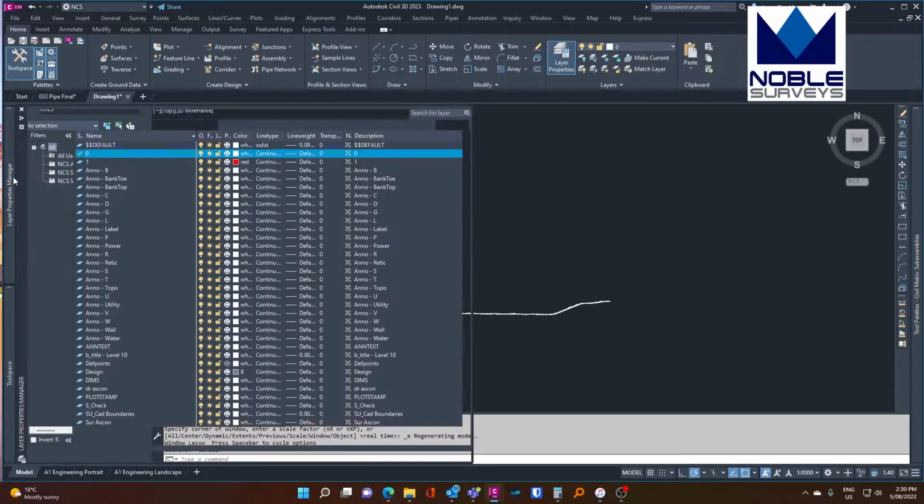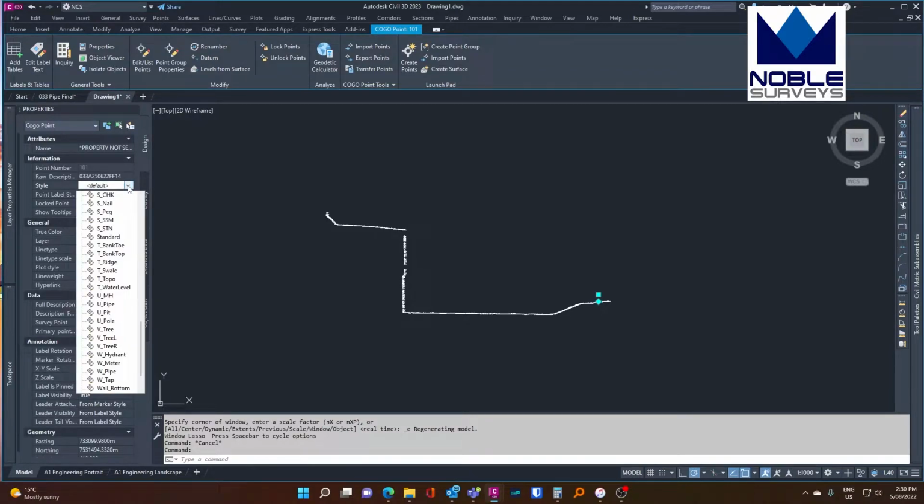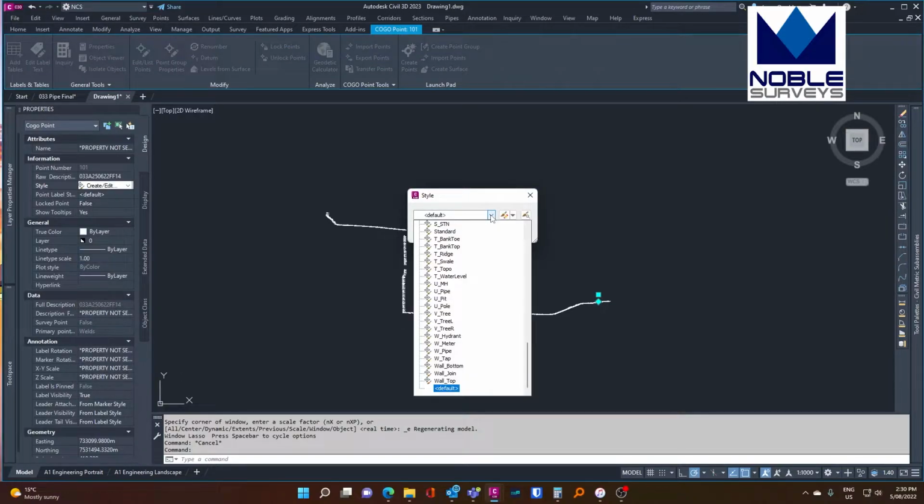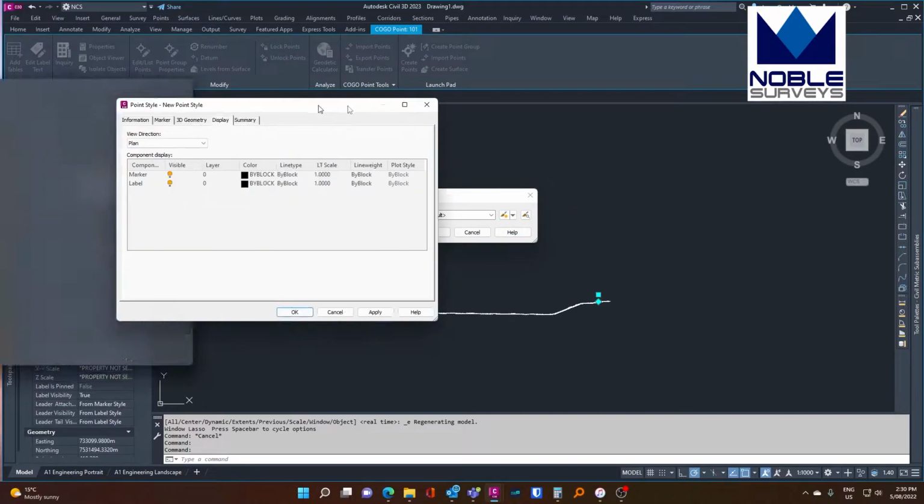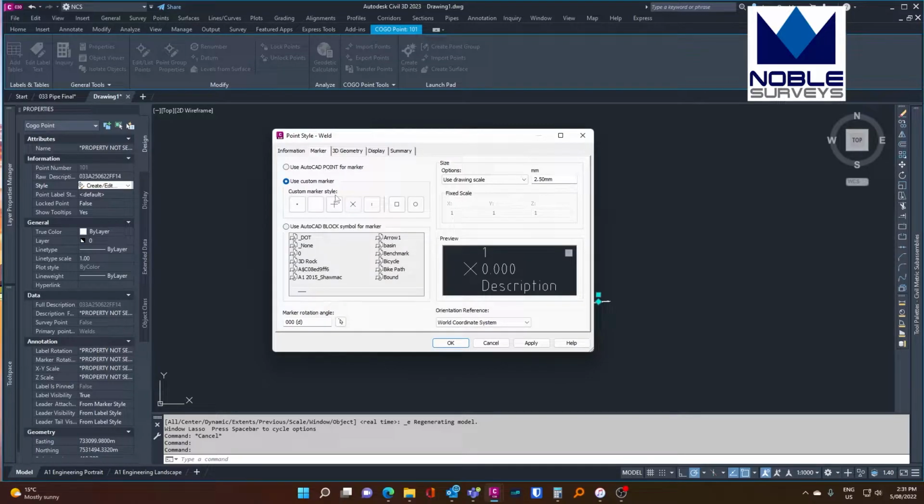So what we want to do is select our point, any point, it doesn't matter. Go to style. You'll see in this particular template, we've got a whole heap of them that are predefined, but let's start from scratch. So we're going to go create new style. The new point style is going to be called weld. The marker